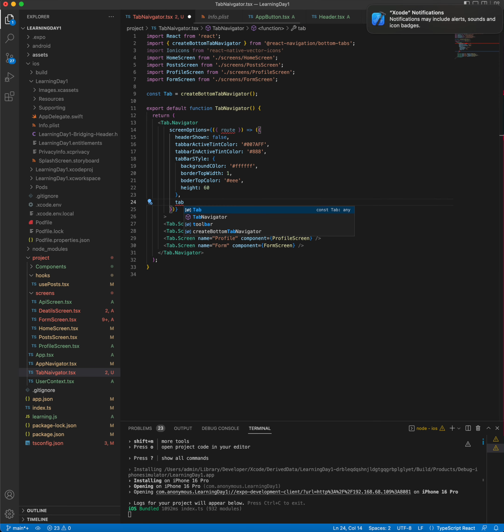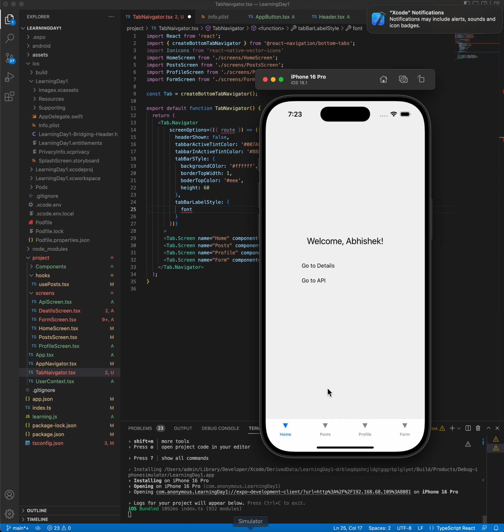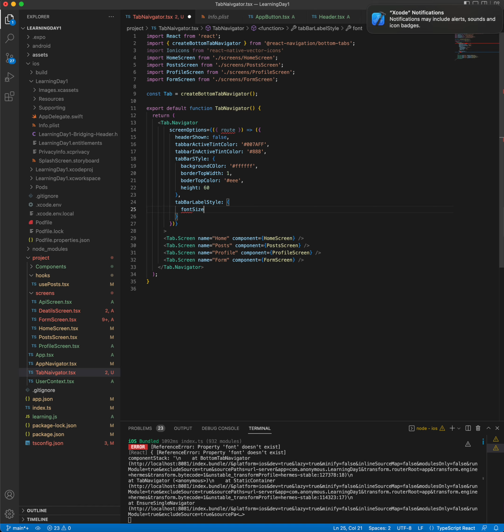Now let's add the label style as well. Until now we have added the tab bar style as well as label style for the tab bar. Font size, as you can see, it would change font size and icon size style as well. Font size 12, comma, margin bottom 4. Okay,